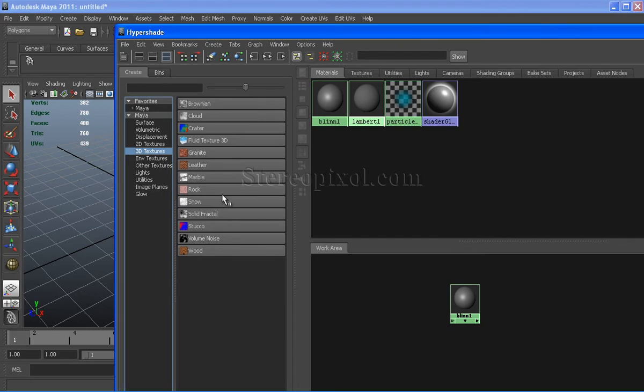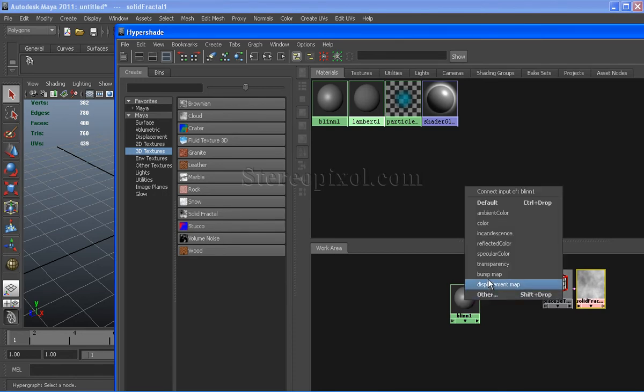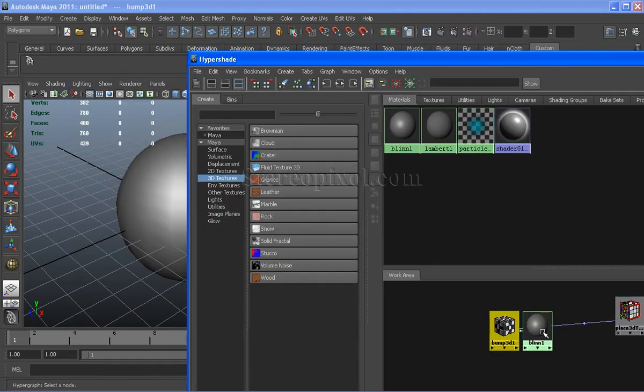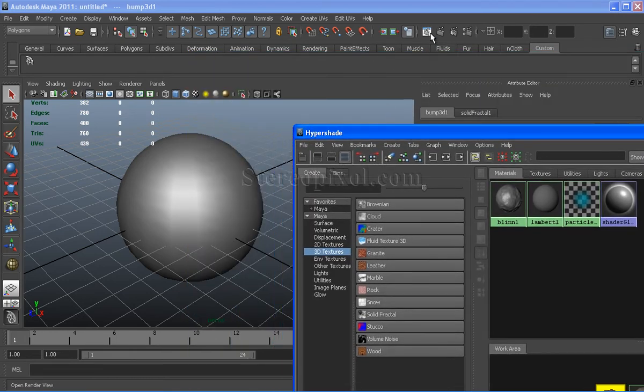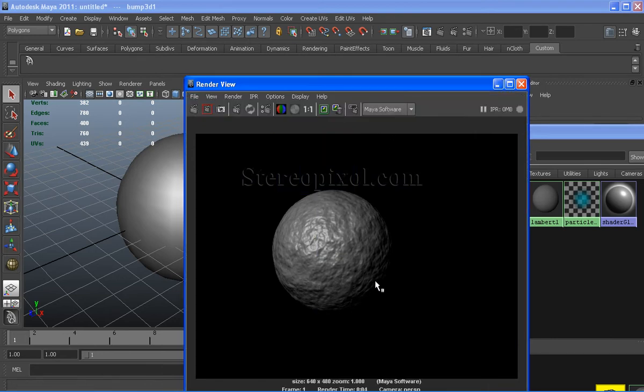For example, select solid fractal, and middle mouse drag drop onto my shader and connect it in the bump map, I will see the surface deformations on my shader, and my shader is already applied in my surface. So if I render it once again, I will see the surface deformations using the bump 3D node.